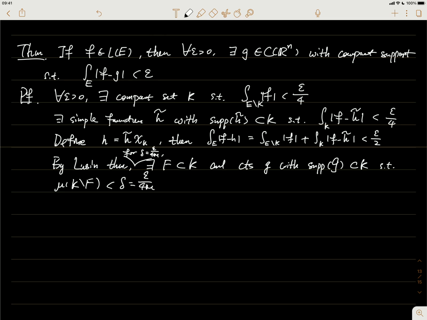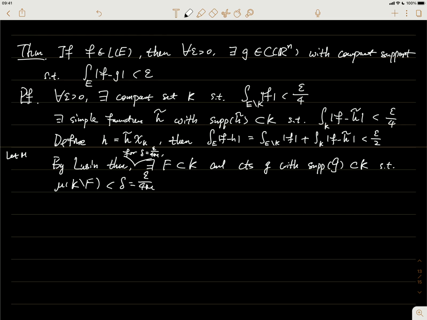And outside of that, it can be anything, but g is going to be identical to h on f. So where did this m come from? m is the maximum value of h. So the m